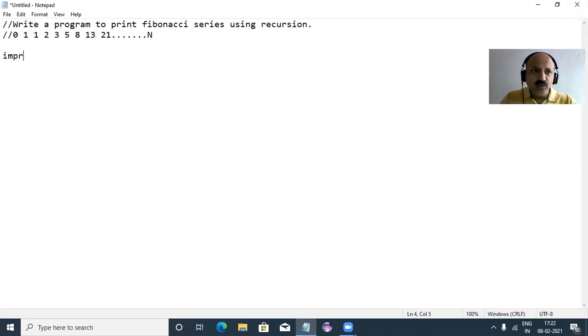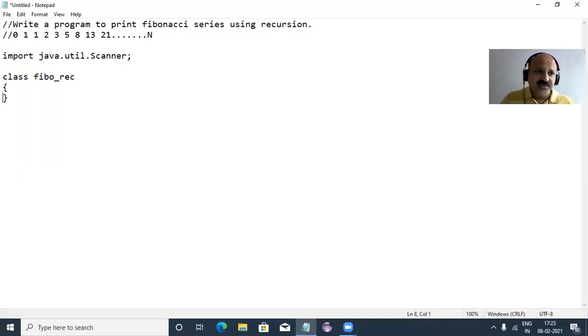So first I import, that is our keyword import, java.util utility, and the Scanner class, which I can use to scan our number of terms from the user. And then the class for the Fibonacci series using recursion technique. So we can say REC, that is our class name. So Fibo underscore REC is our class.